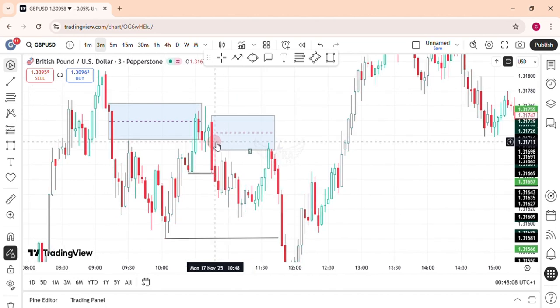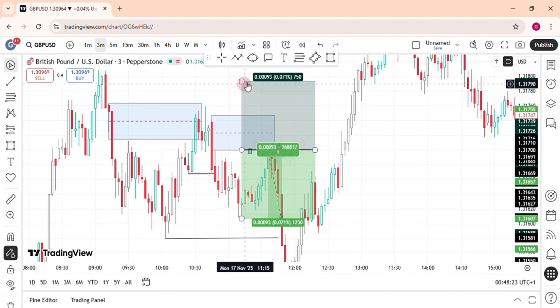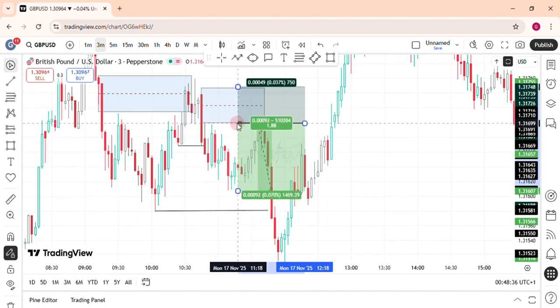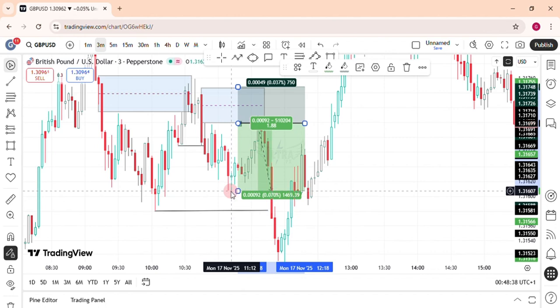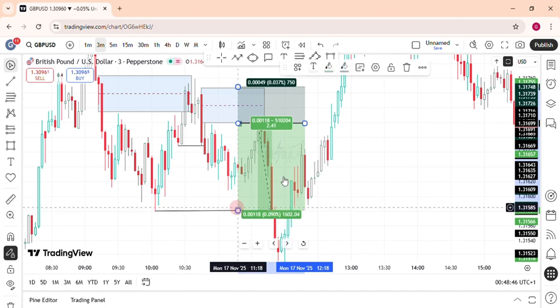So where we enter this trade is here to this spot. This is where we will put our stop loss. Our short position will be like so at this spot. We would anticipate that price will come and give us an entry there. We would use this previous high for our stop loss. We can use this low here for our TP, giving us a 1.88, or this one here. This previous low can be our take profit, and this is giving us a 2.41 risk to reward ratio for